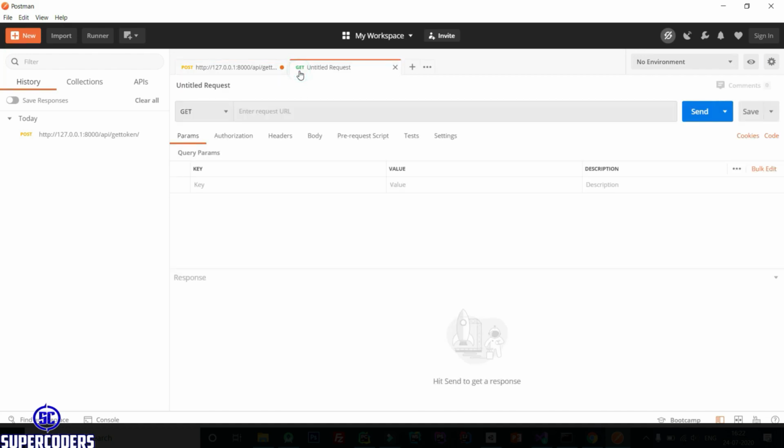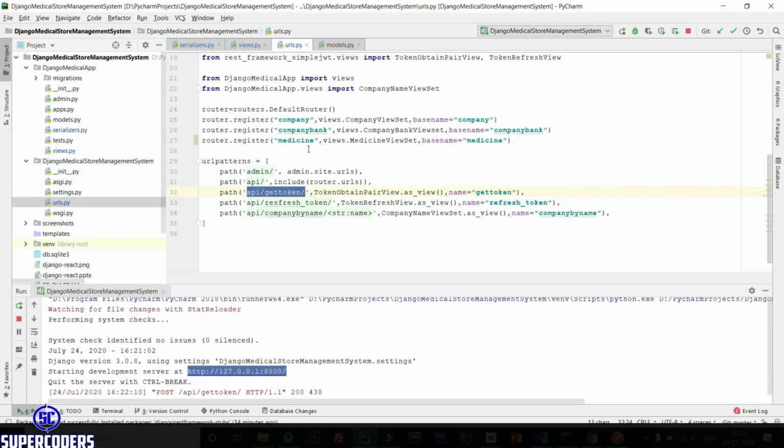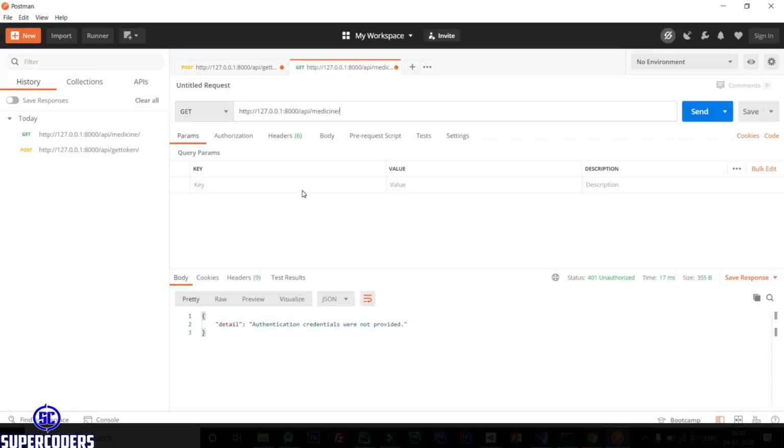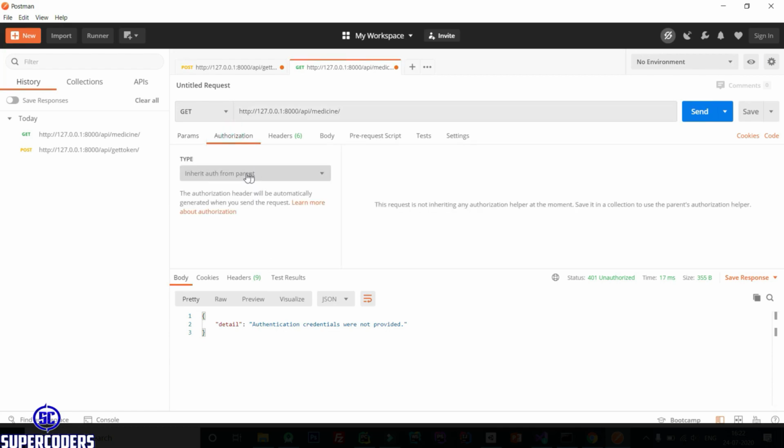Open a new tab and open the URL again, HTTP, and call the method, medicine. Let's see, authentication credentials were not provided. Now let's pass the token.